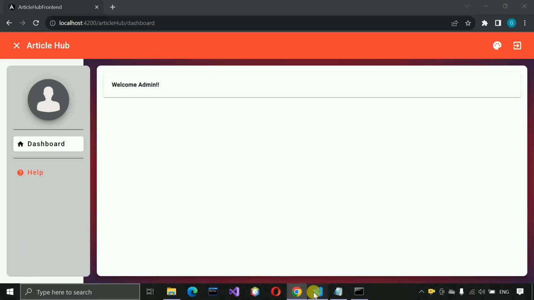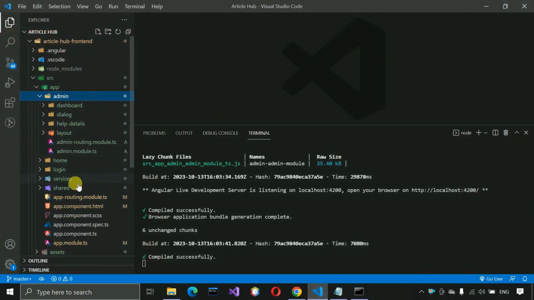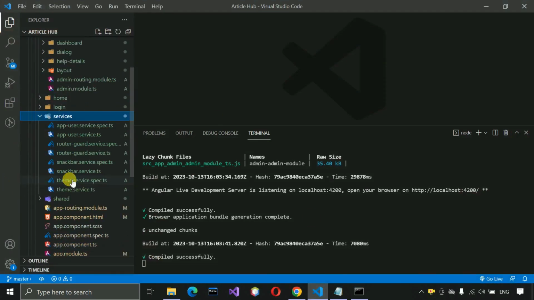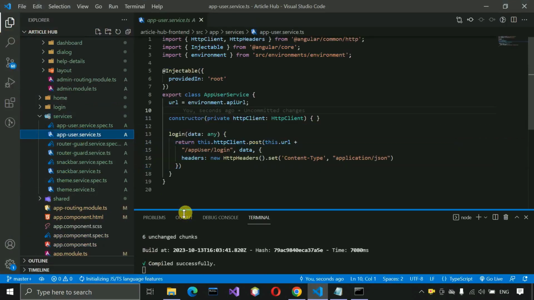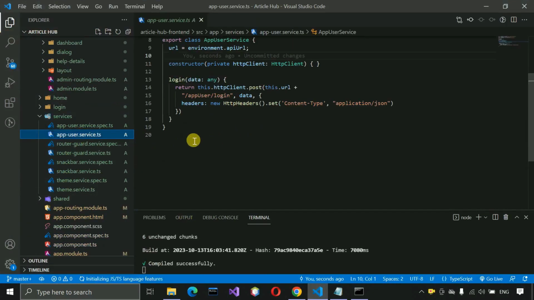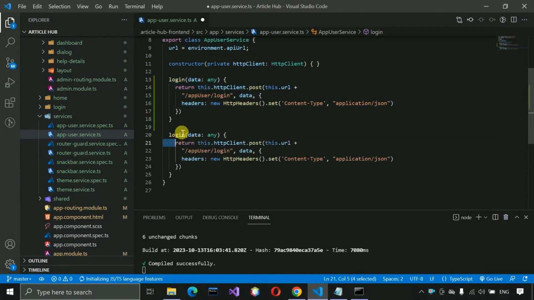So let me open VS Code, and here we have to go to the services first, and then to the app user services. Let me decrease the size of this one. After that, we need to add a few more functions like this. I'm going to copy paste this one and change it to add new app user, and we also need to change it here, add new app user,